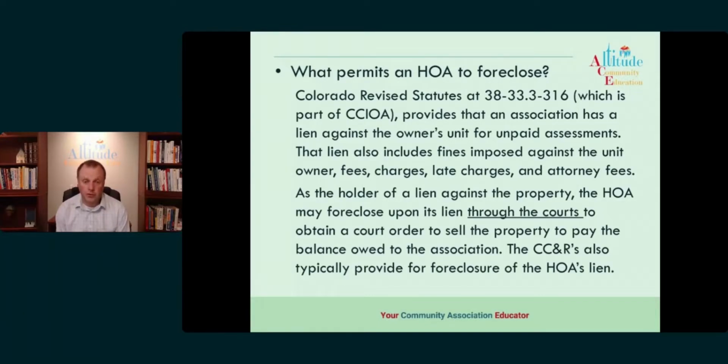We'll talk about both of these in a little more detail, but public trustee foreclosures are designed to move much quicker. You can typically get through one of those in 3 to 6 months. When we're talking about an HOA foreclosure or a judicial foreclosure, those are typically going to take 10 to 12 months or longer, depending on what's going on in the case.